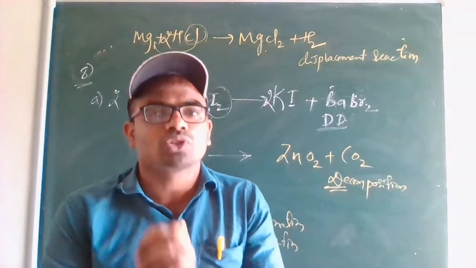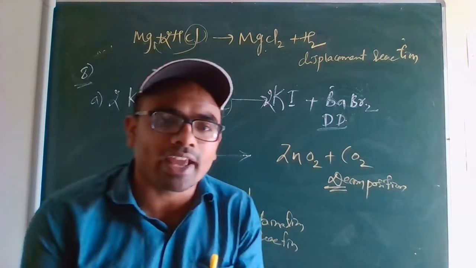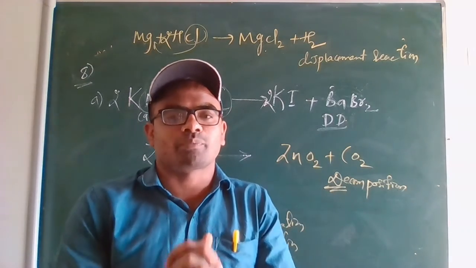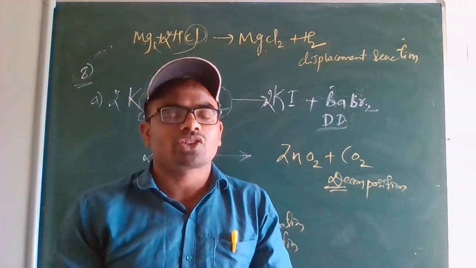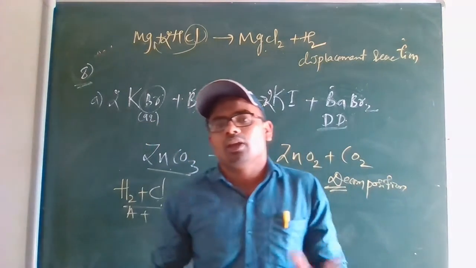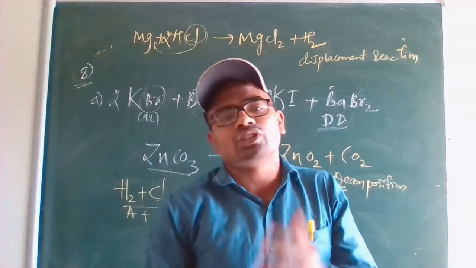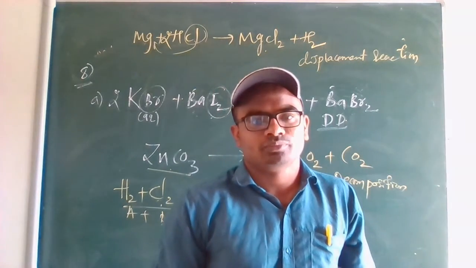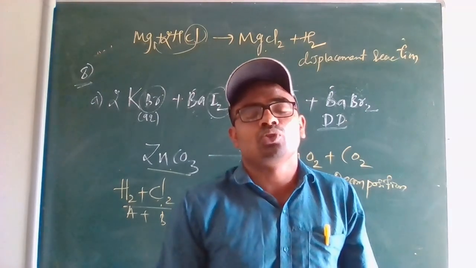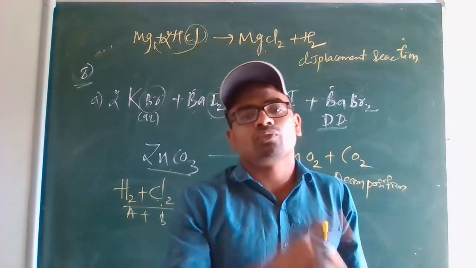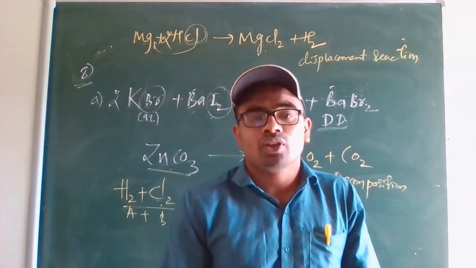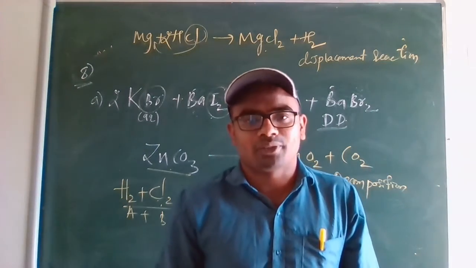So please go through the chapter, understand all the reactions. You should remember all the things of this chapter. Types of reactions, examples of all the 5 types of reaction, and for all 5 types you need at least 2 examples to remember. Corrosion, rancidity, how to prevent rancidity, how to prevent corrosion, and the reaction of corrosion that is forming the rust, iron oxide. So that one you have to remember.